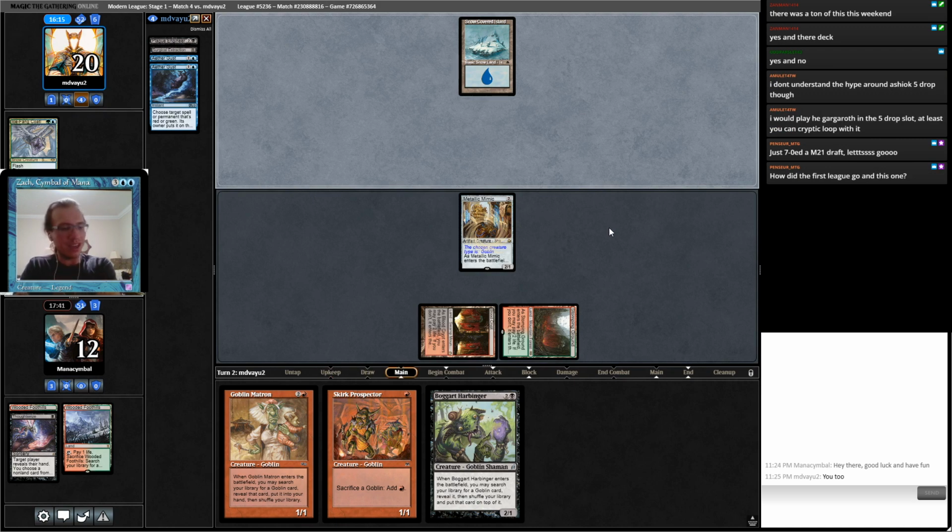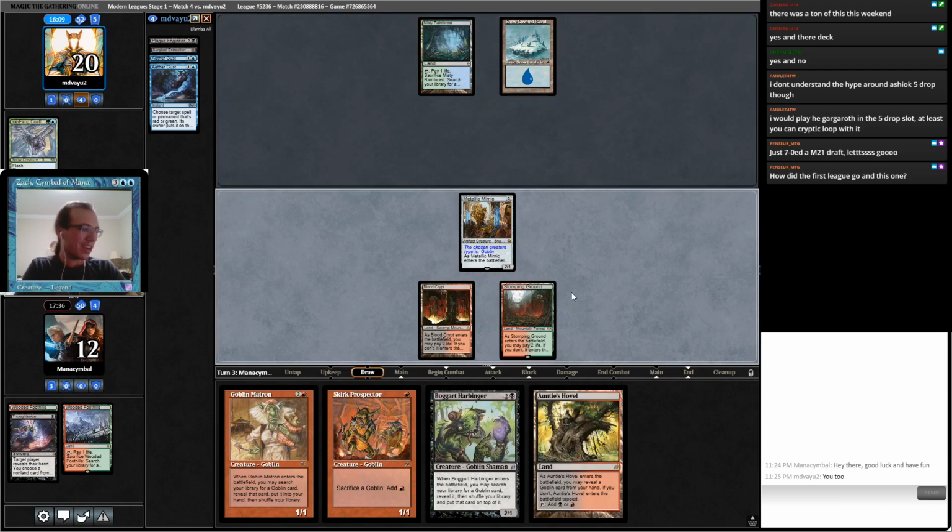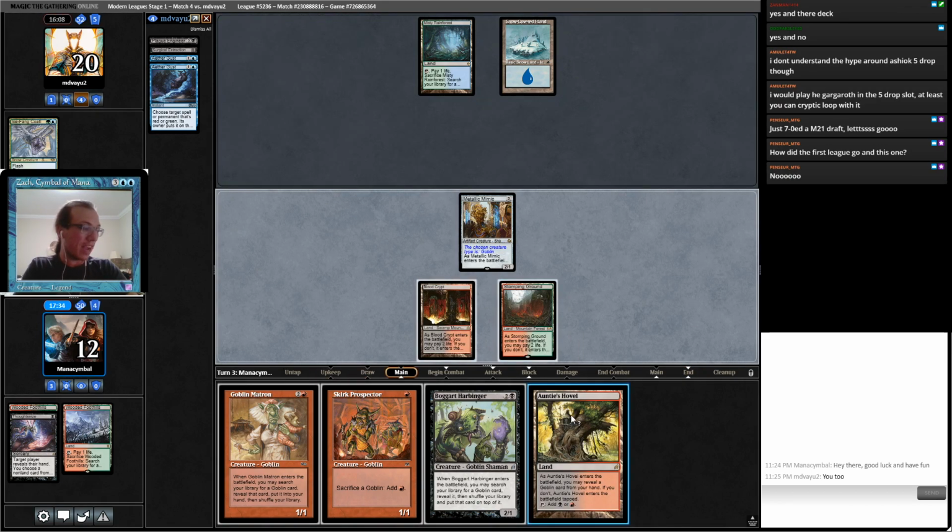How'd the first league go? First league was 1-4. It's an absolutely brutal train wreck. This one has been crappy because I've been playing like garbage, but the deck has been drawing fire. So, like...